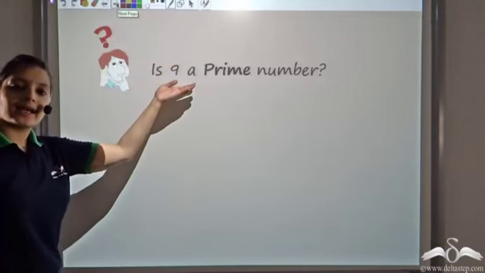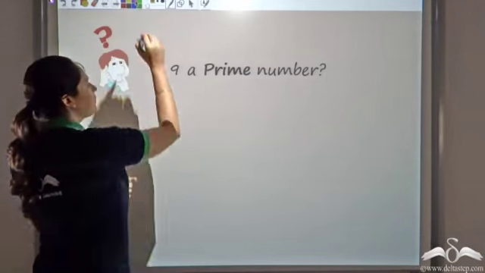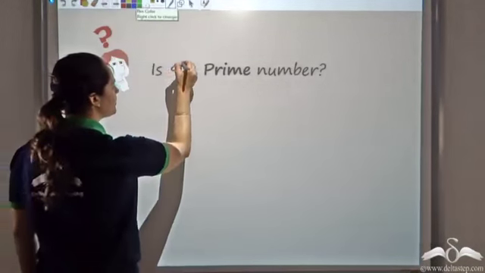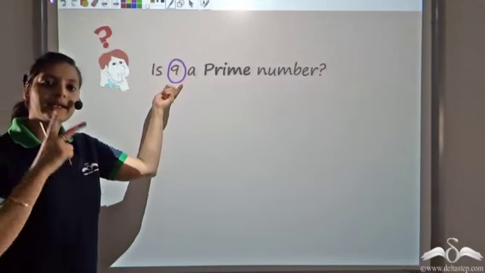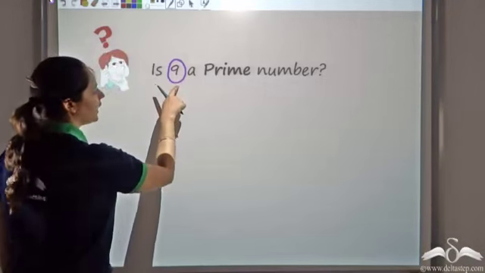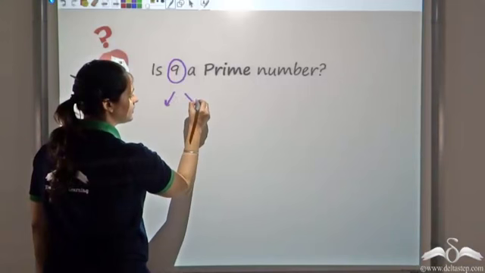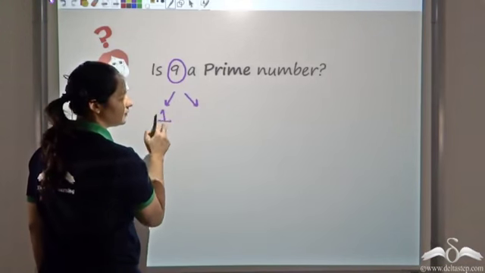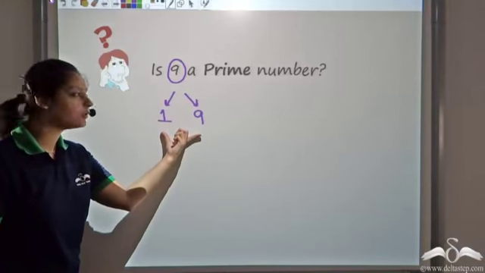So can I say that 9 is a prime number? Well, when would 9 be a prime number? This would be a prime number if it is divisible by only two factors, that is, if it has exactly two factors. I know any number has two factors. So 9 has two factors, 1 and 9, 1 and the number itself. These two factors for sure I know.